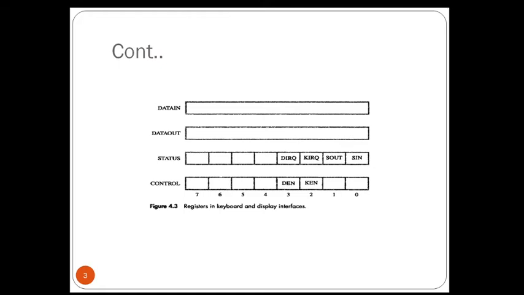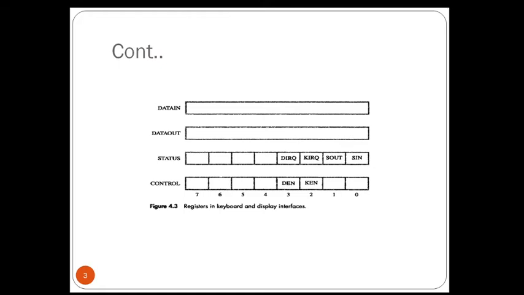The two flags KIRQ and DIRQ in the status register are used in conjunction with the interrupts. We will study what an interrupt is; just remember these two for now.